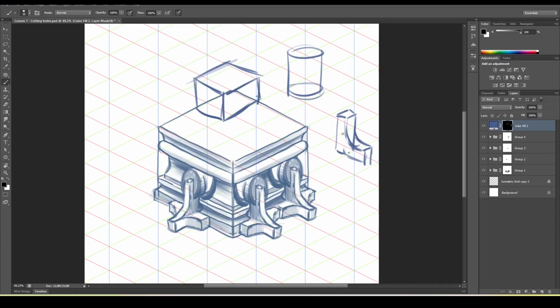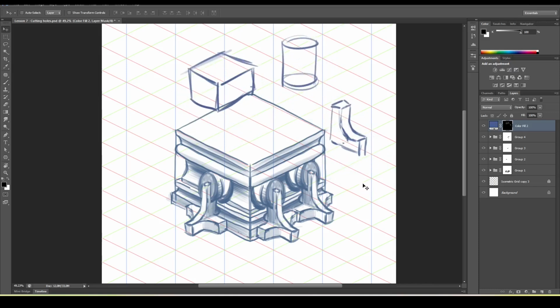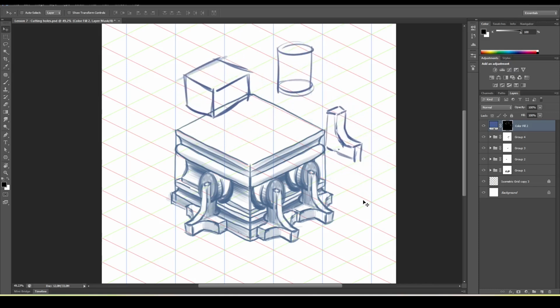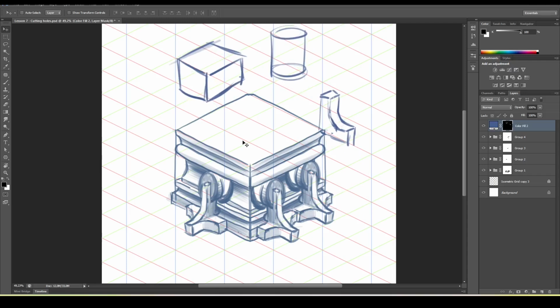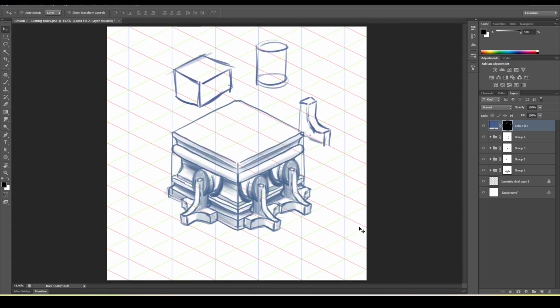And then it's just erasing the guidelines. If you keep thinking in terms of these simple shapes, and just combining all of that together, it will be much easier to create very complex shapes and complex objects by just using simple shapes and